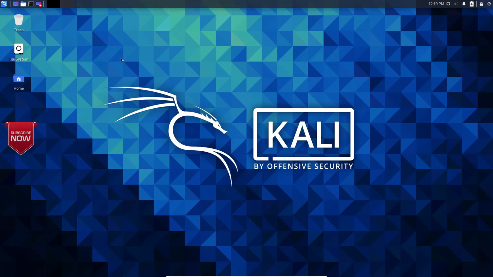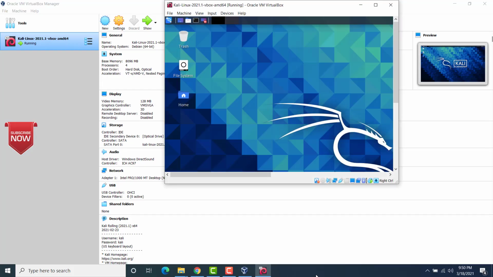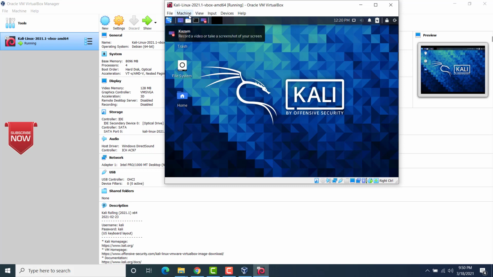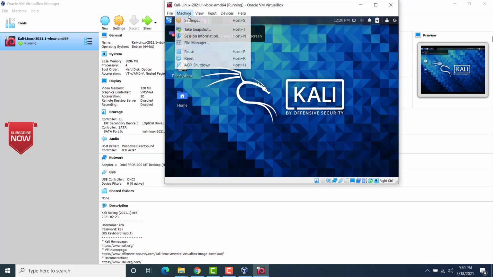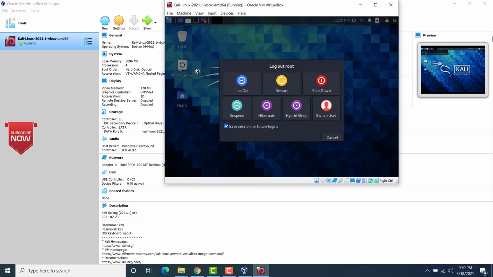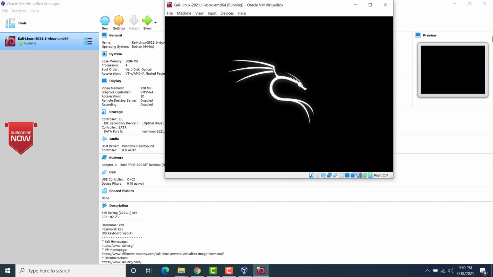So that's it, guys. It is so simple to set up Kali Linux using the official images. Here we don't have to wait for the installation process and all. All we have to do is download the image, extract it, or rather in this case export it in VirtualBox, and then just log in with the default password provided by Kali Linux itself. Now I would switch off the virtual machine. ACPI shutdown. This will shut down the virtual machine.